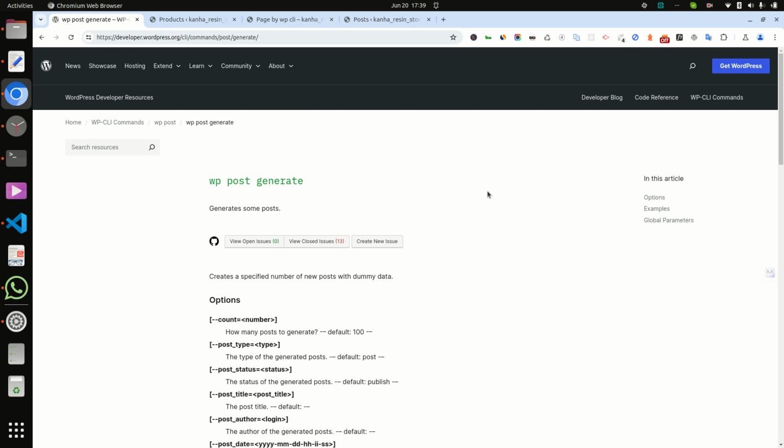At that time we simply push our data from production to staging, and then generate dummy data manually. But via WPCLI we can generate data automatically.